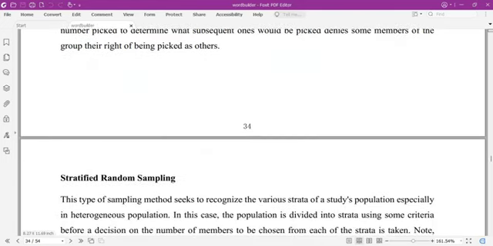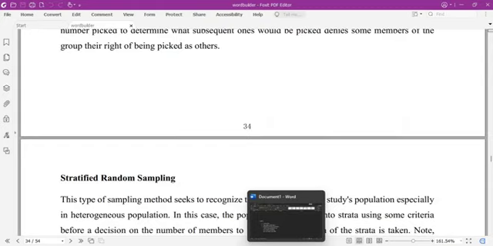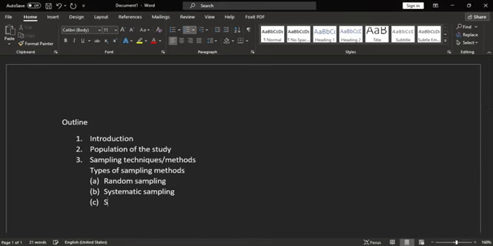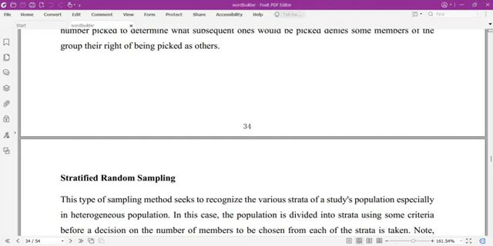Alright, the next is stratified random sampling. Stratified random sampling. This type of sampling method